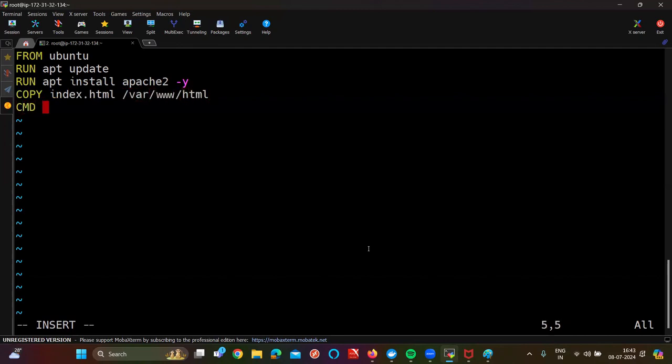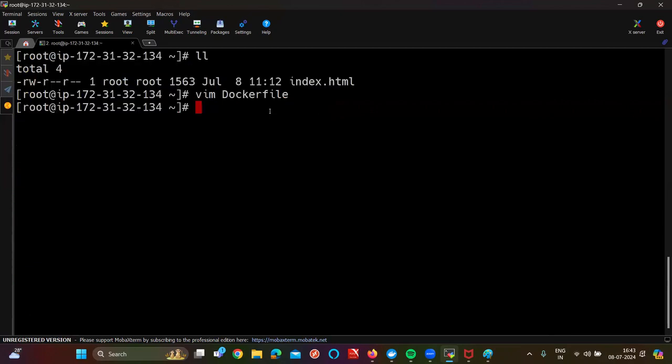Next I'm using CMD. What am I using? From /usr/sbin/apachectl. That is a command line tool to control the Apache service. D stands for daemon input actually. For this apachectl, I am providing the input to run my application in the foreground. That's it. Now if you save this, automatically you have the Dockerfile and you have